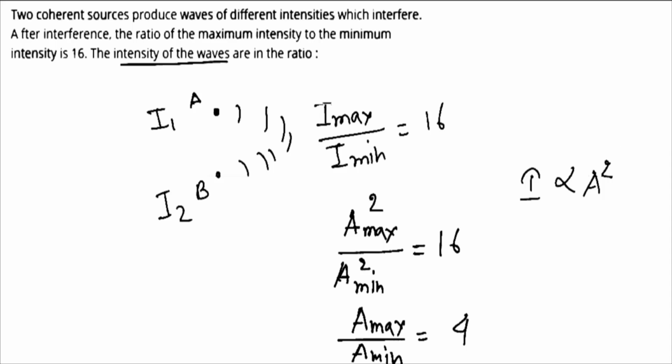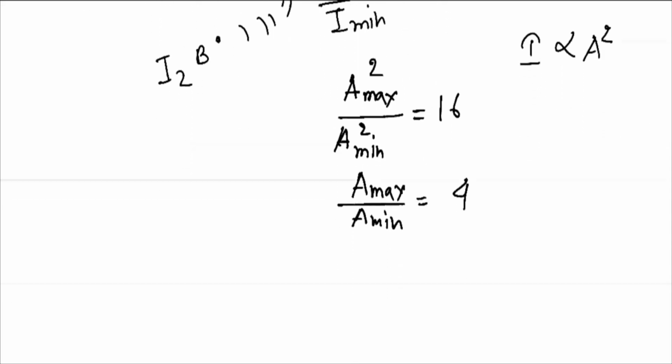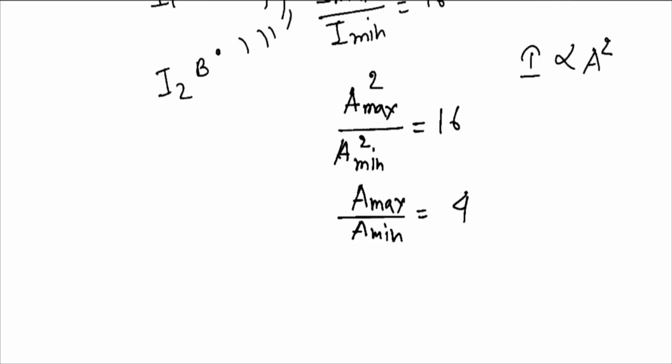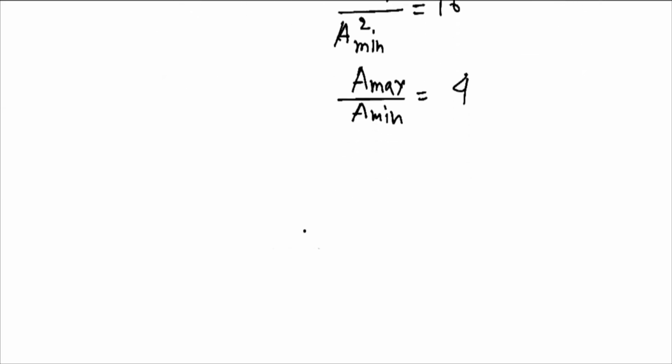Now we know that A1 plus A2 is the A max, and A1 minus A2 is the amplitude minimum, and this is equal to 4. So if we apply componendo and dividendo,